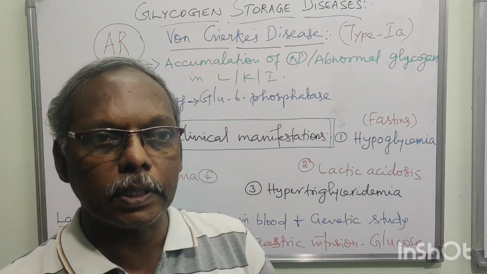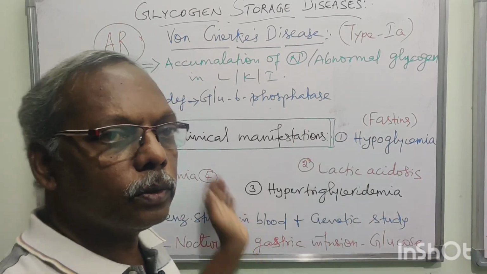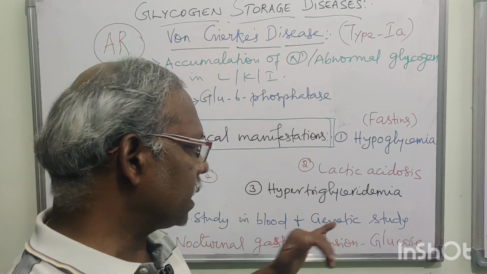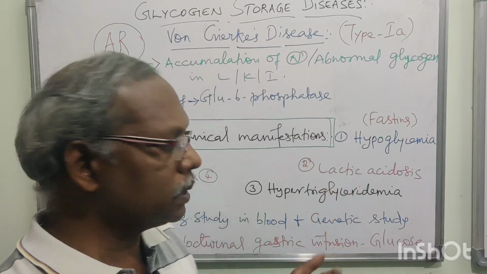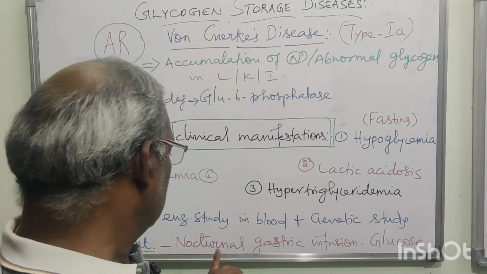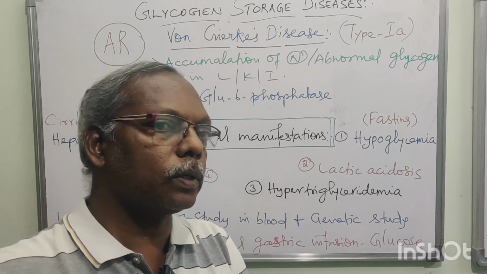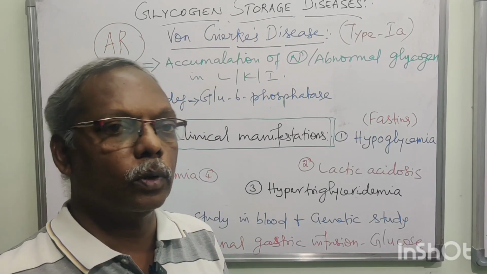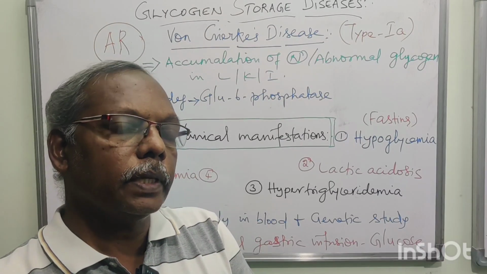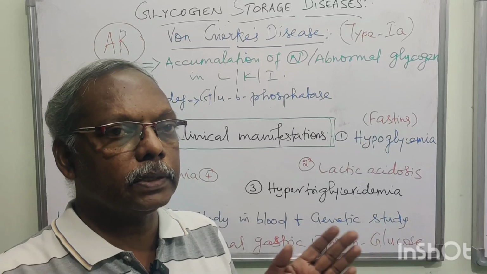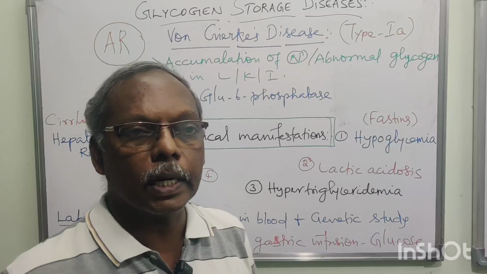Finally, two important points. How will you investigate this case? Enzyme study in blood. You have to measure all the enzymes in blood. Second one is go for genetic study. These two are the laboratory investigations for von Gierke disease. And how will you manage? Nocturnal gastric infusion, that is continuous infusion of glucose for the whole night, 12 hours of the whole night. Then only they will get continuous glucose supply. Early morning no hypoglycemia, otherwise they will go for fasting hypoglycemia, right? Continuous infusion of